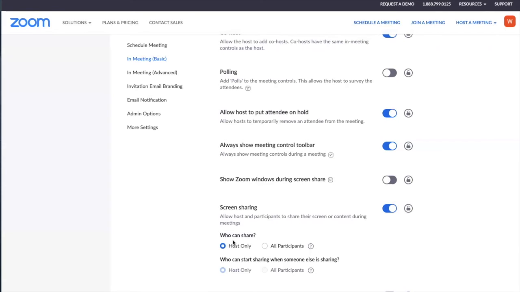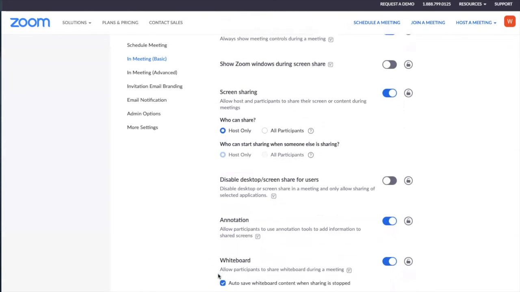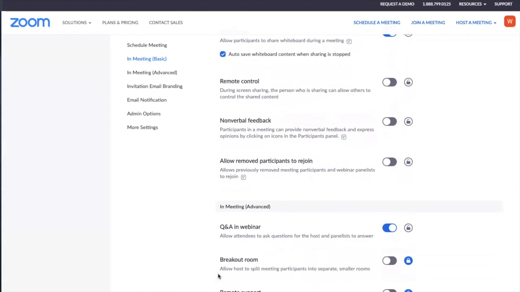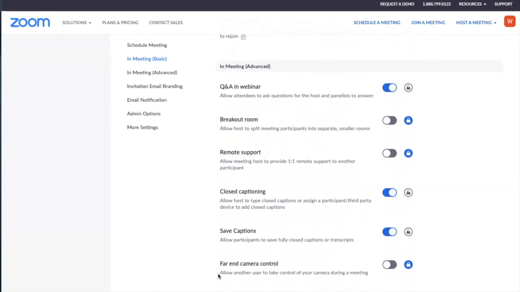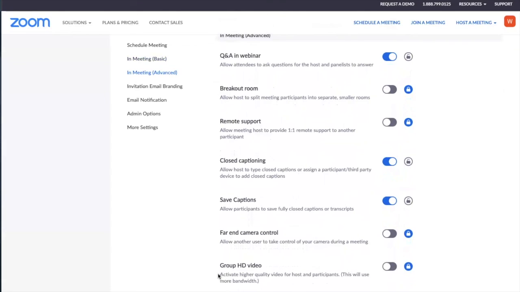The best option would be to ask them to give you a screenshot, and they can email that to you. You can then open that file up within your screen share and post it on your Zoom meeting for everyone to see. I do not recommend allowing students to share their screens on a regular basis, and we do not recommend, obviously, having the all participants option turned on, and that's why we have it limited to hosts only. So please keep that in mind. That, in a nutshell, is about it as far as the settings that you need to be worried about in regards to everything that you've seen horror story-wise out on the internet.